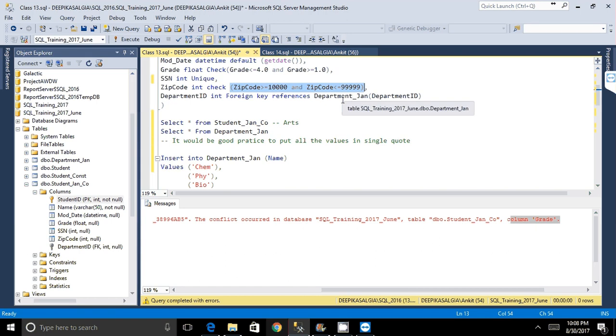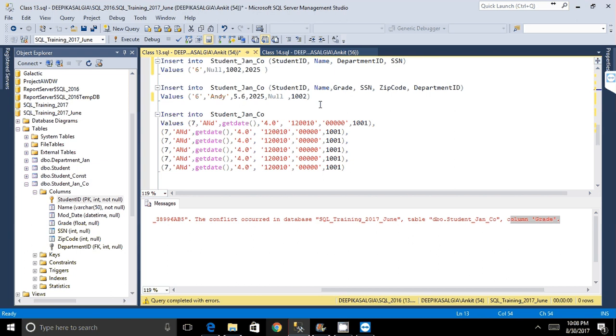Okay, all right. So is it clear how you insert the records into the table? You can insert multiple records into the table, right? So if I have to insert multiple students together, I'm going to say insert into the student table, the name of the table, insert into student, and then I'm going to say